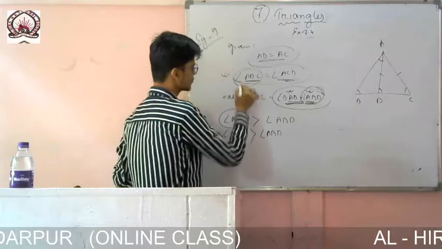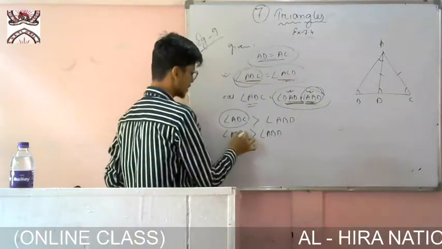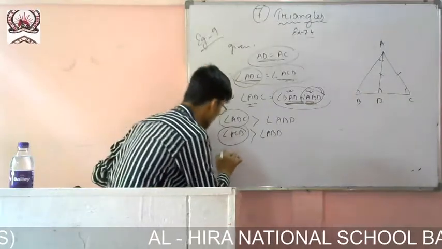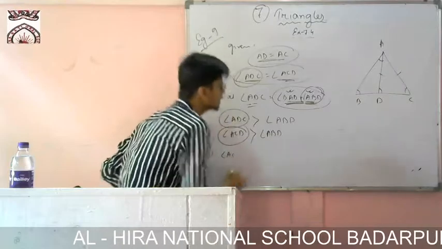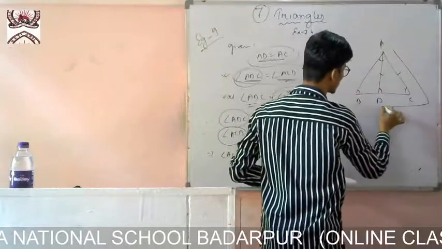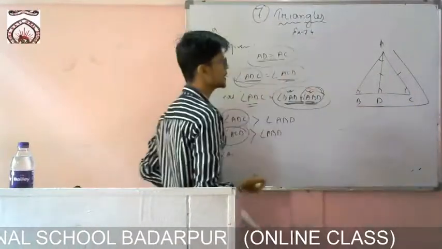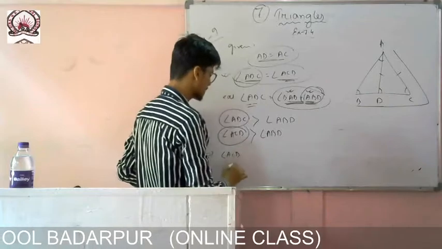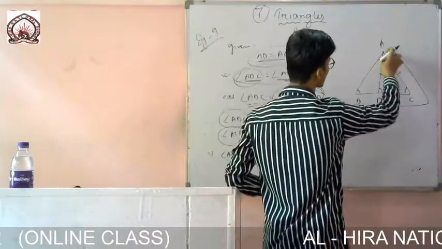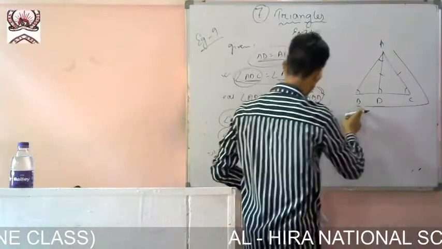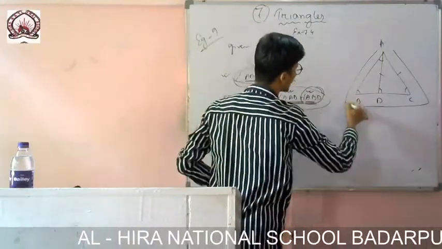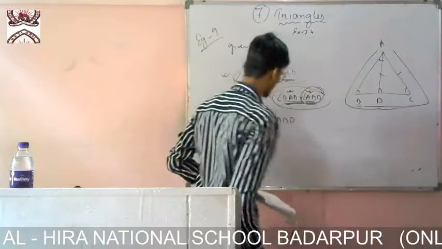If ADC is greater, you see here ADC and ACD are same, so I can write ACD also greater than ABD. Okay, so now you see ACD, I am extending this angle up to B. If I extend it up to B, then the angle will remain the same. So I can write, in place of D, ACB. I am just extending this one. It was up to ACD, I am extending up to B. The angle will remain the same. There also ABD, up to this much it is given. I am extending up to C.